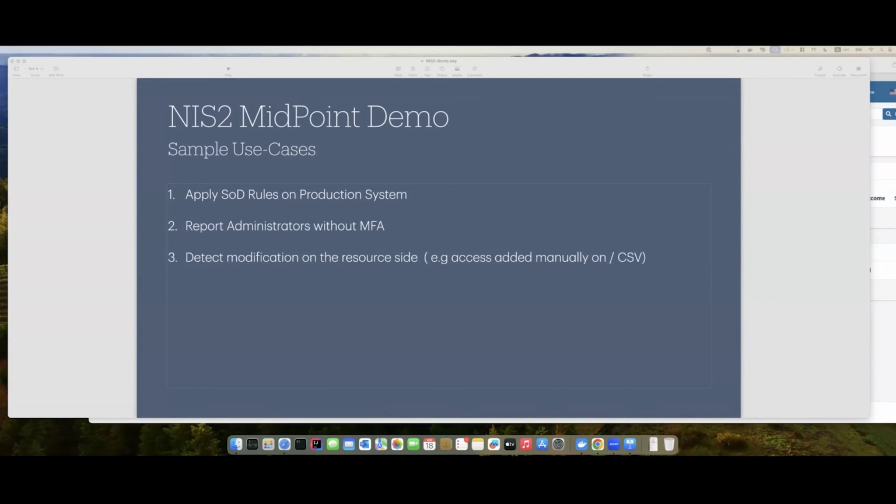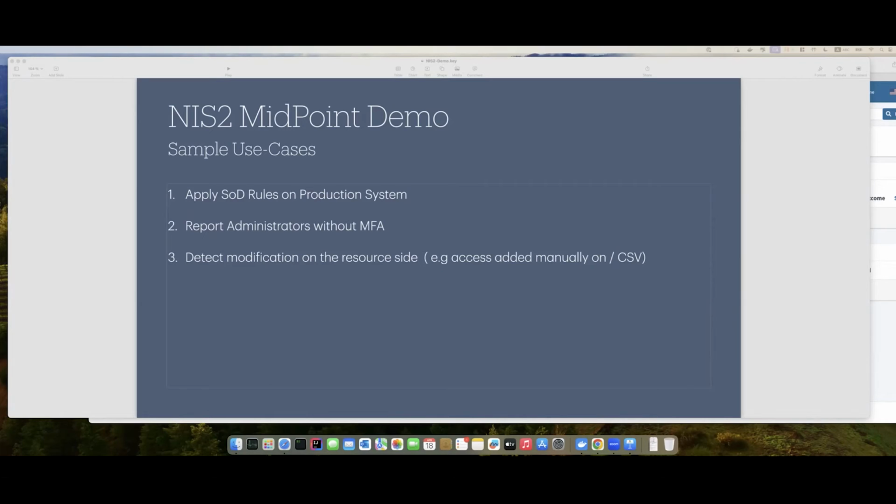The first one is, if you have a running system and some findings from the audit that you shall apply some SOD, segregation of duty rules, how to apply them and how the tool can assist you. The second use case is how you can report, for example, the administrators without multi-factor authentication, so that's membership of the groups.